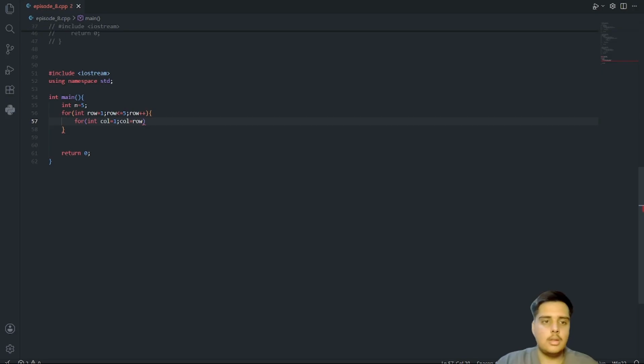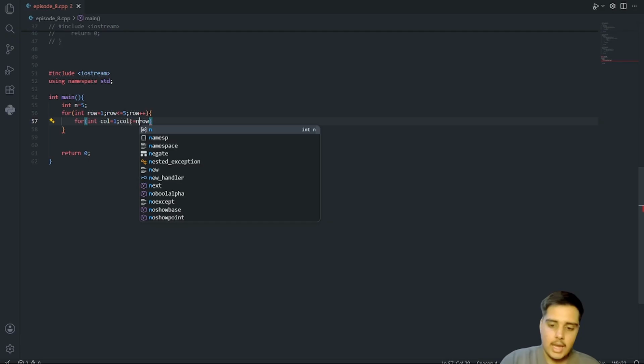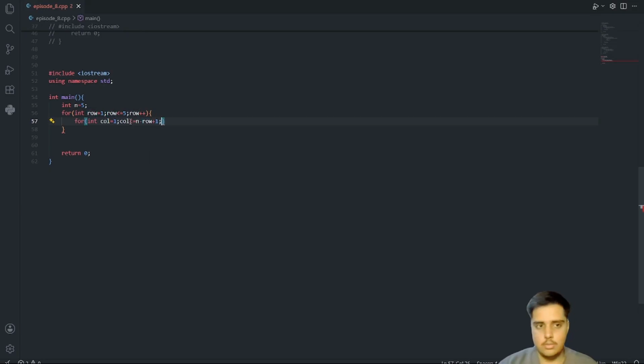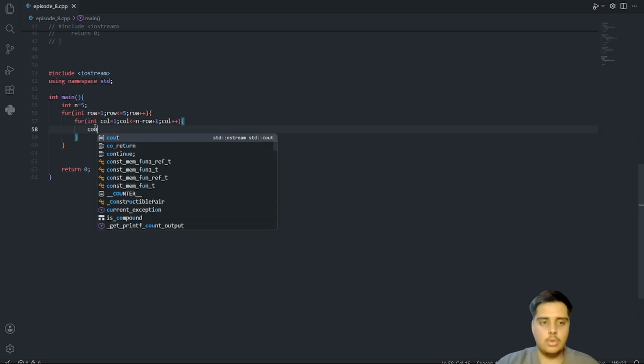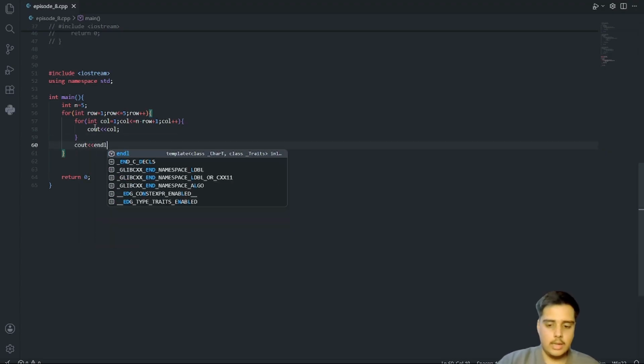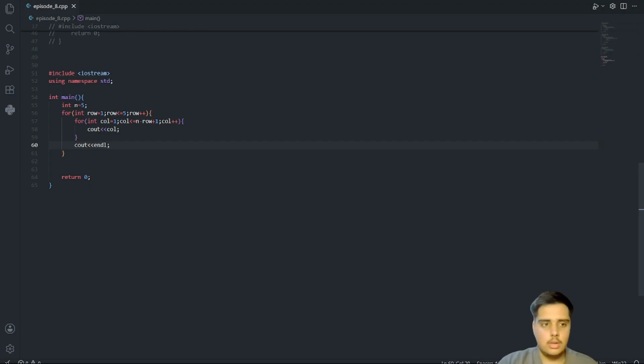I will take col less than equal to n minus row, and also plus 1. And after this, col plus plus. Inside it I will say cout col. After this cout, endl. The given line, below return 0 is already written.